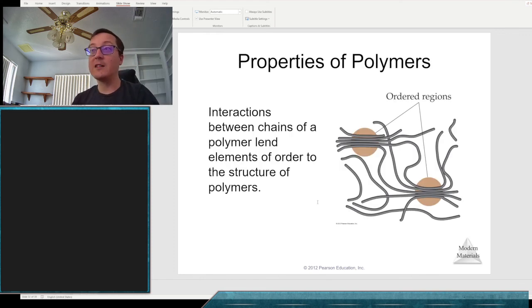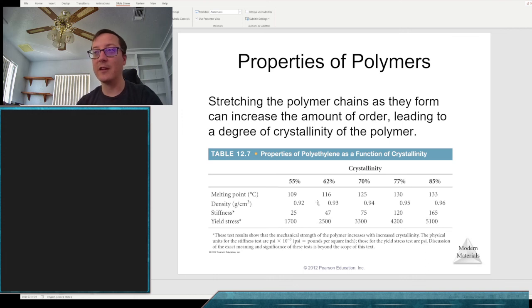You can also cross-link them. And interesting polymers, you can have crystalline polymers, you can have amorphous polymers, and they can have different regions that give them different properties. So we're going to see that those will vary here. And so interestingly, polyethylene, just CH2, CH2, CH2, CH2, CH2 forever, depending on how crystalline it is,